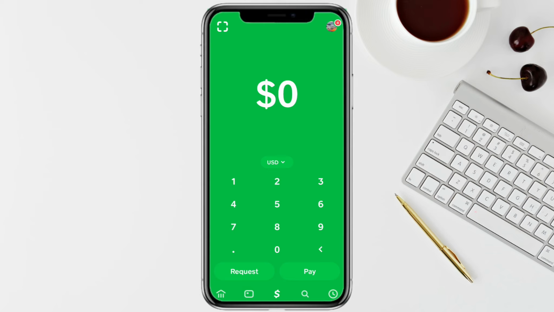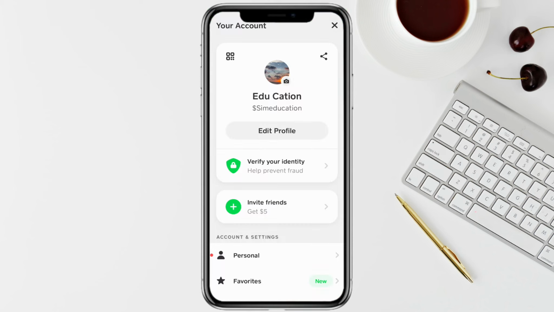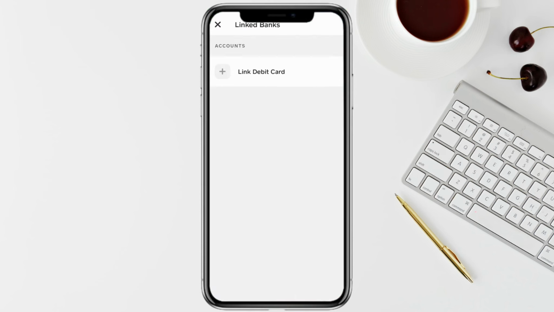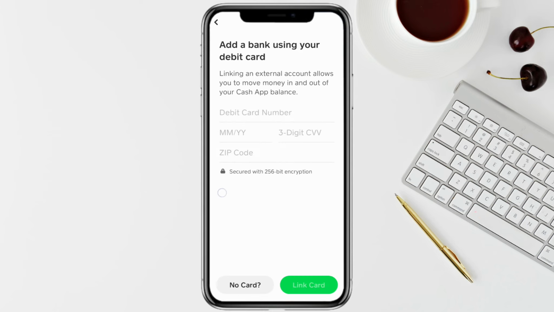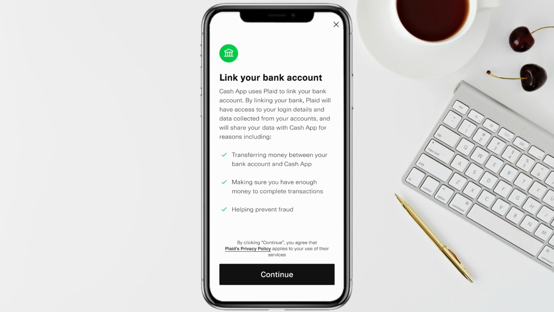So for that, just open your Cash App account, and after that just simply click on the profile icon from the top right, and here just simply scroll down and click on linked banks and just tap on link debit card from here. And here you can enter your Chime card detail, and if you don't have the Chime debit card or credit card, just simply click on no cards, and now you will see the option to link your